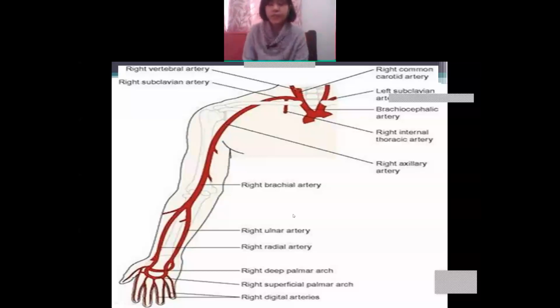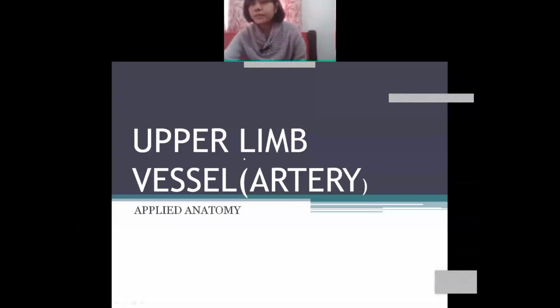So this is the upper limb vessel. Upper limb vessel means limb. Limb means what? Means all these, your hands, your legs and all that. All these are known as limb. What does limb mean? Limb means hands and legs, this is called limb. Understand? So we can know limb as one. I mean, your hands, your legs, and all are known as limb.